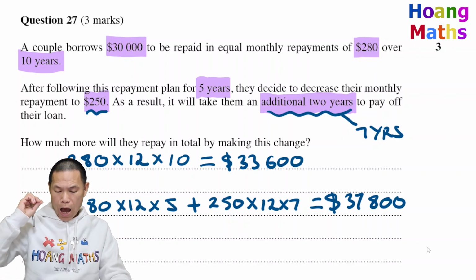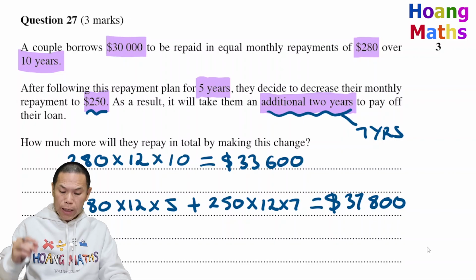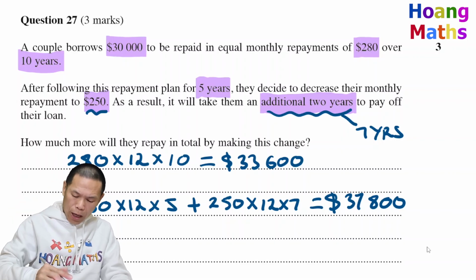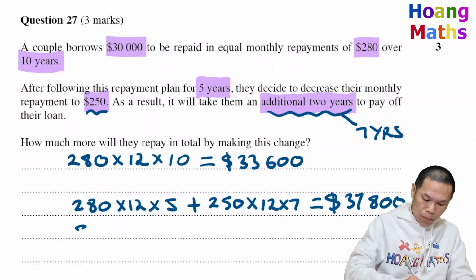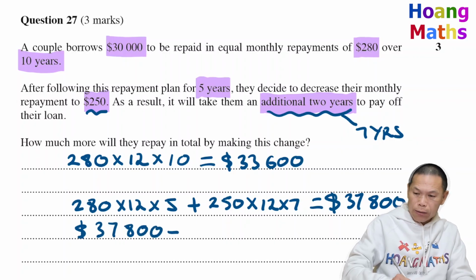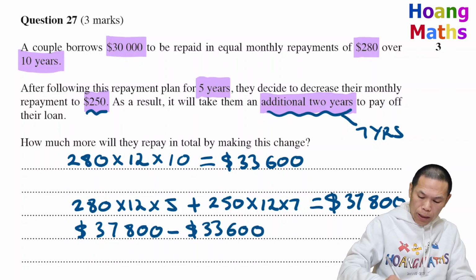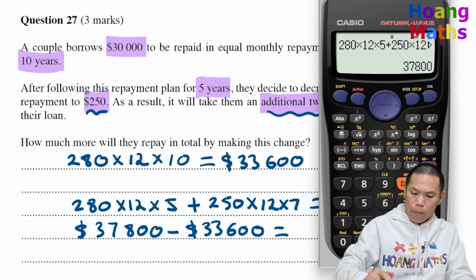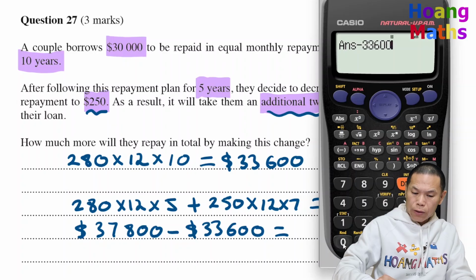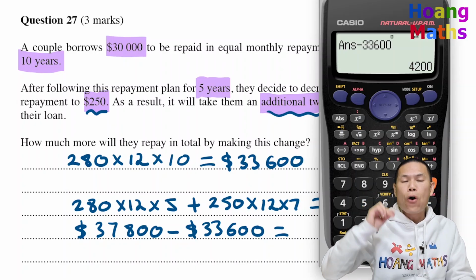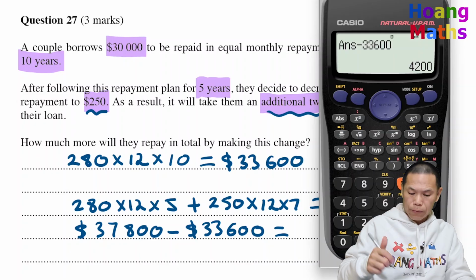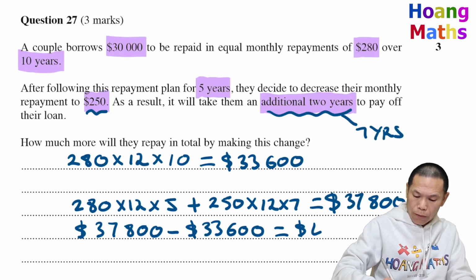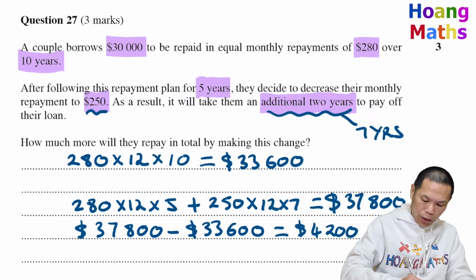So to work out how much extra they need to pay, we just find the difference. So that is $37,800 minus $33,600. So I just go answer minus $33,600. So there you go, $4,200. Therefore,